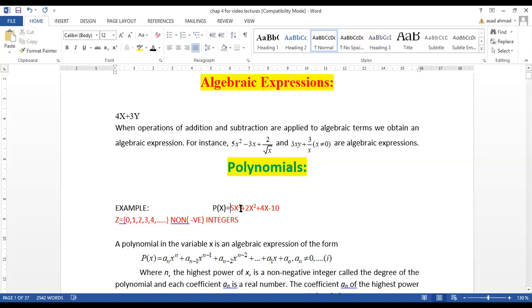Like x to the power 3 is positive, 2x to the power 2 is positive, x to the power 1 is positive, and 10. As x is not available here, what we would like to do is make the power 0, like 10x raised to power 0. The point I want to tell you is that the number 10, which was only a number, was actually 10x to the power 0, because in mathematics, as you must have learned in the previous chapter,